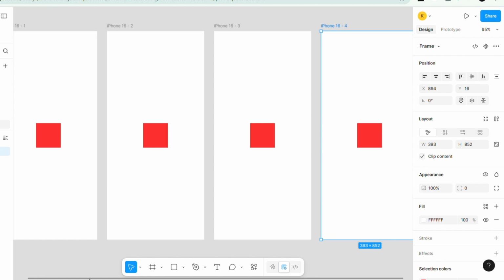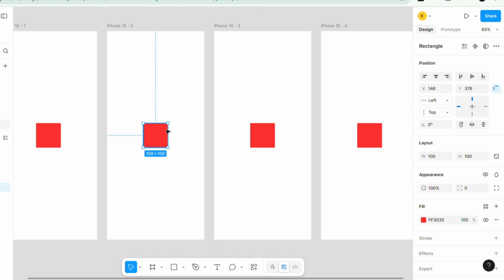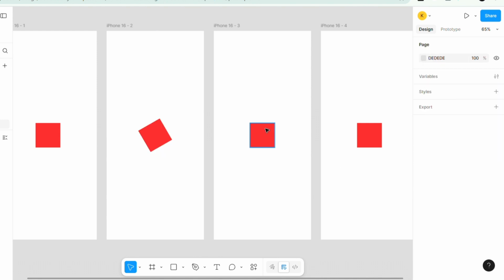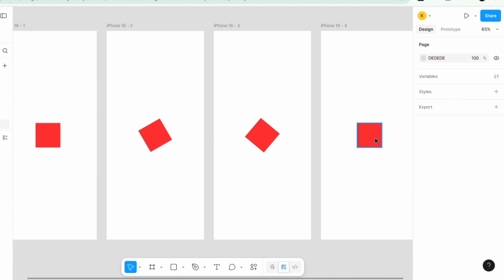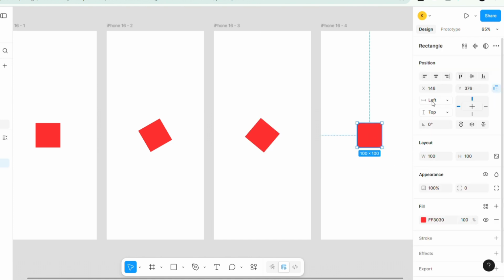And give this second element of the second frame a rotation from the right panel 30°, and then the third element 50°, and then this element 80°,